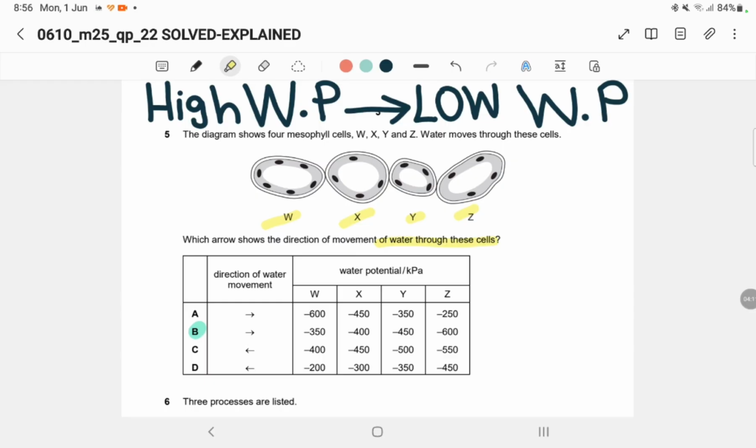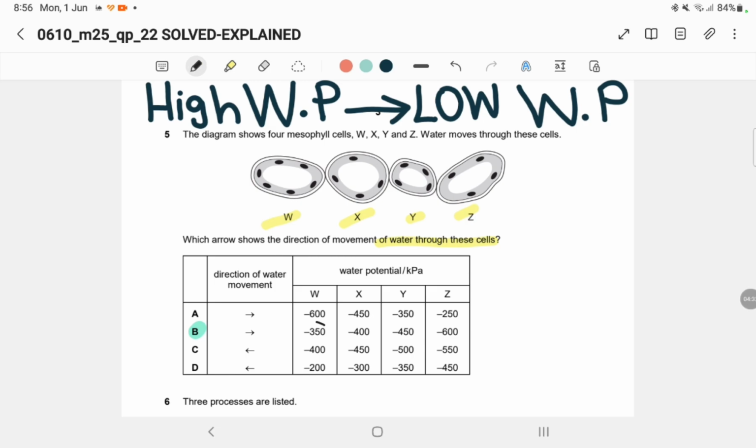You will tell me, okay, higher water potential meaning that I'm talking positively, right? So for example, if I'm having 10 and I'm having 5, water will move from 10 kPa to 5 kPa. Similarly, you're going to apply that knowledge in the same way here. So basically the answer is B, because